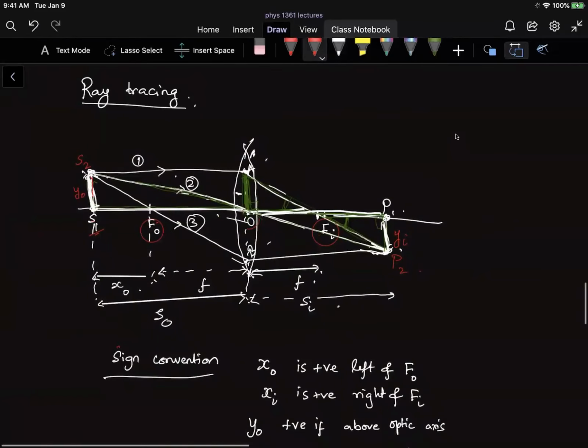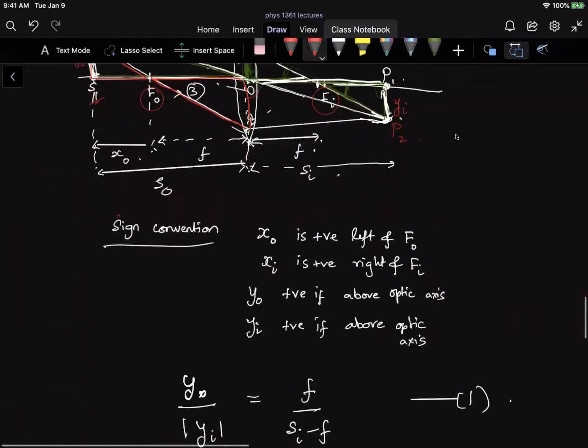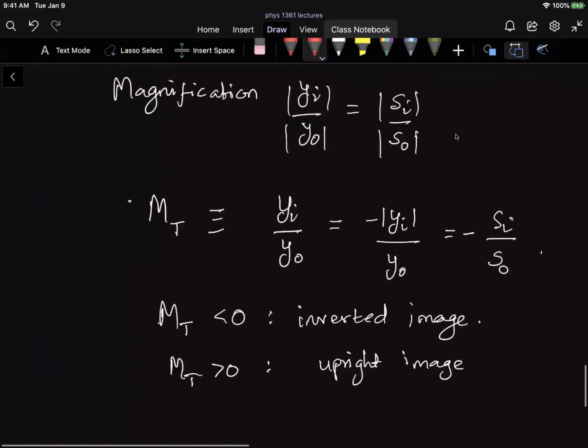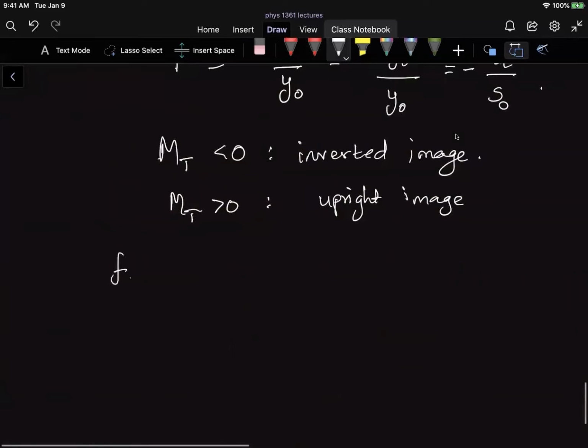So let me choose this one, this one, and this one, and this one, this one, and this one. So if I look at that set of similar triangles, we can actually write that Fo divided by So minus F